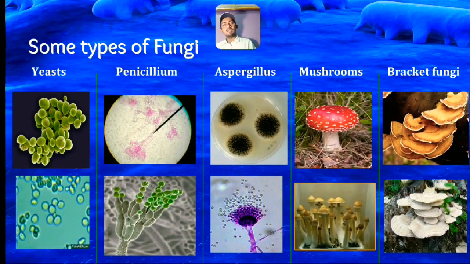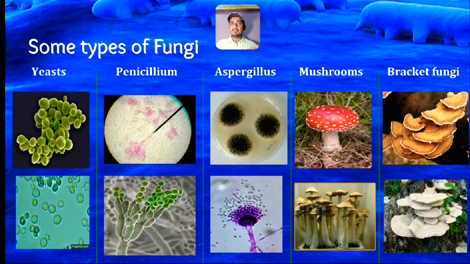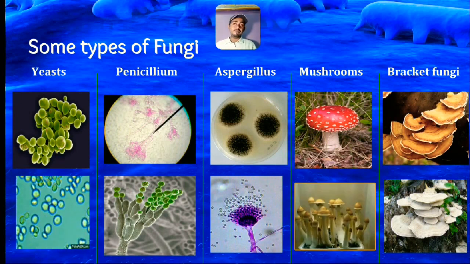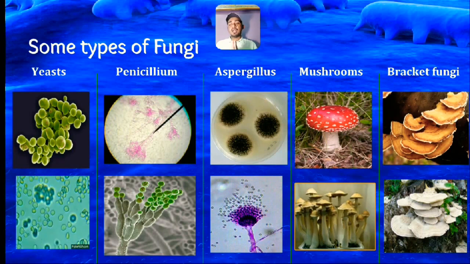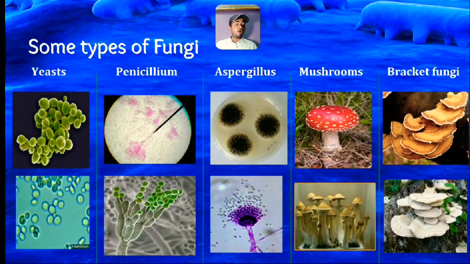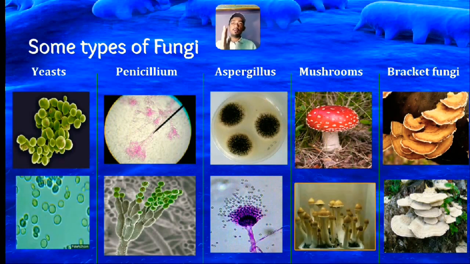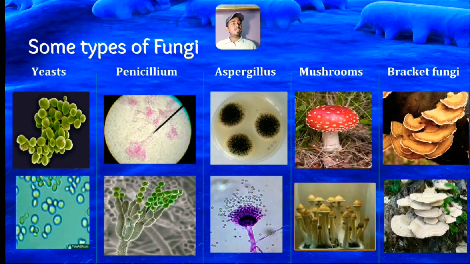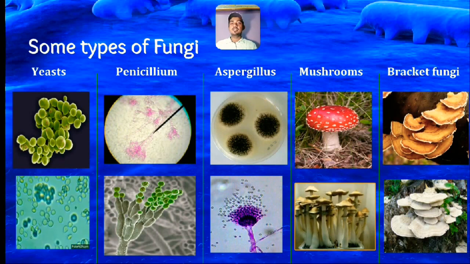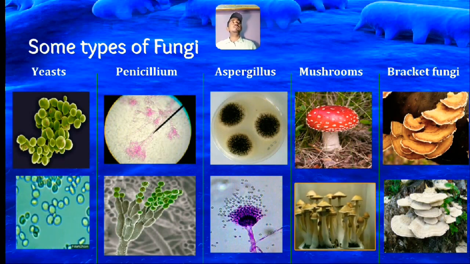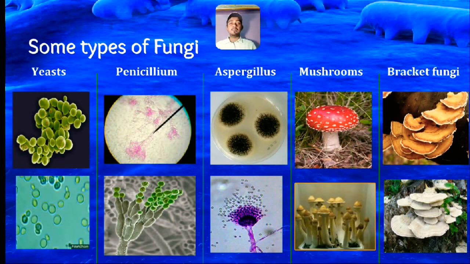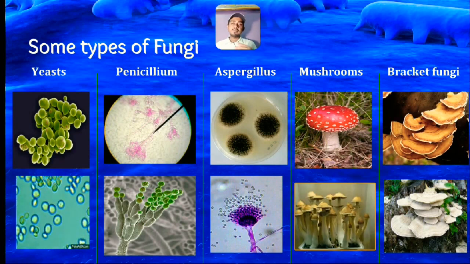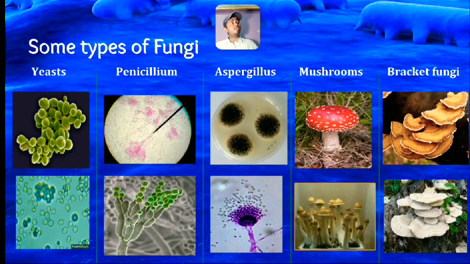So these types of fungi are there in the environment, from unicellular to multicellular, big ones also. One very interesting fact I will tell you: when plants were not here on earth and oxygen was also not here, then mushrooms were the biggest creatures on this earth. They were up to 100 feet or something like that. I'm not sure about the number 100, but I'm just giving you an approximate idea that they were really tall.